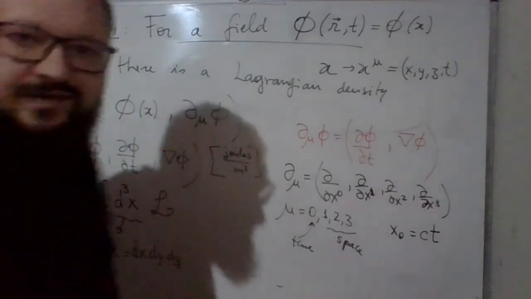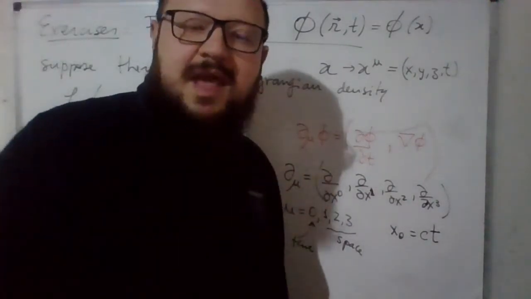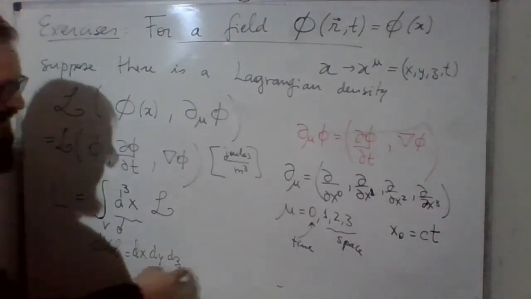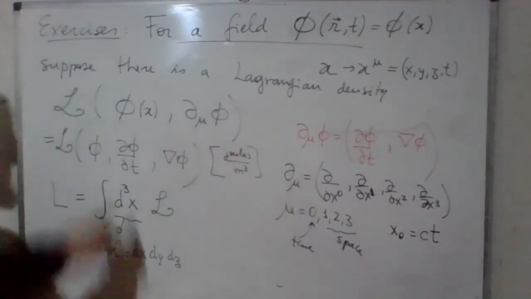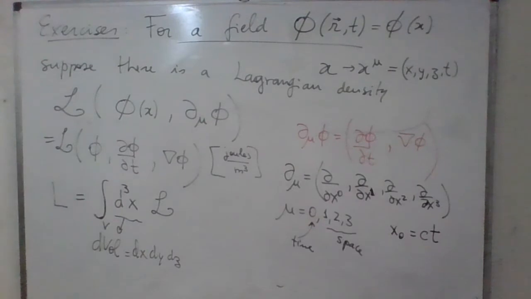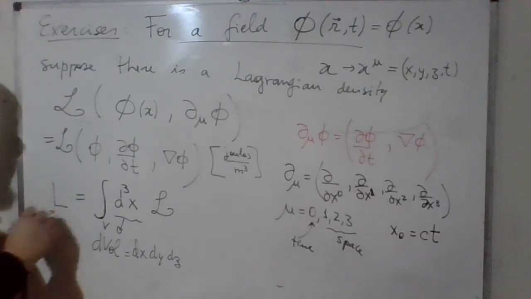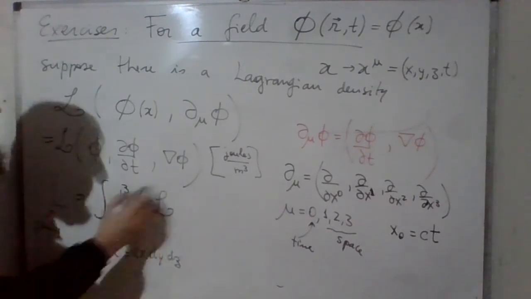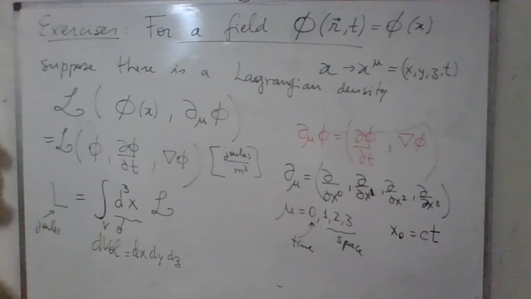If you want to insert another space dimension, you would integrate over dx, dy, dz, dw, for instance, in 4 space dimensions. So the Lagrangian, measured in joules, again corresponds to the integral of the Lagrangian density over the entire volume of space. Okay, so suppose that